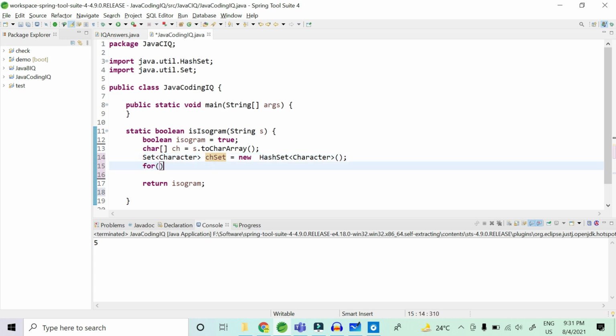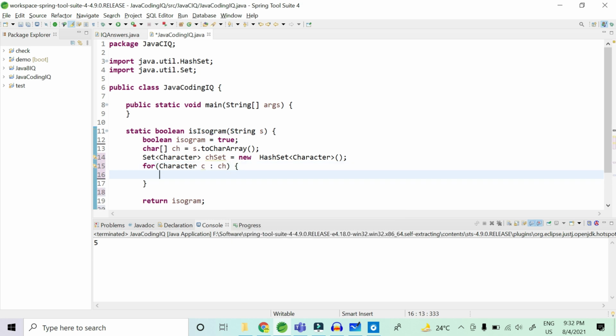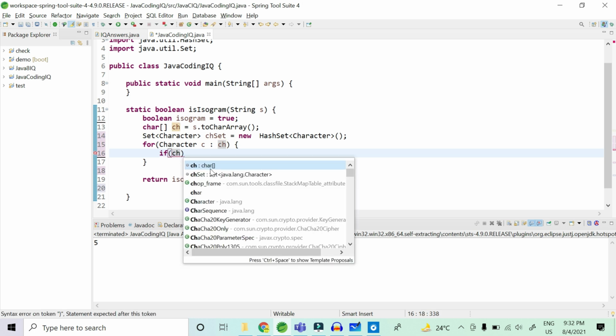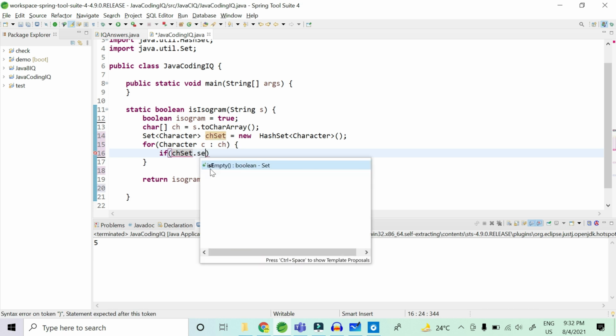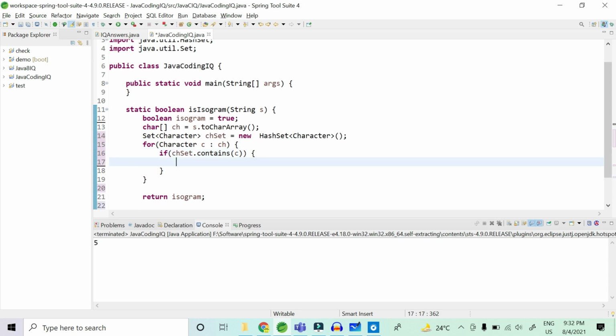Okay, so now I am going to use a for each loop, with c as the loop variable. First I'm going to check whether this set contains, so we have one contains method, a particular character or not.